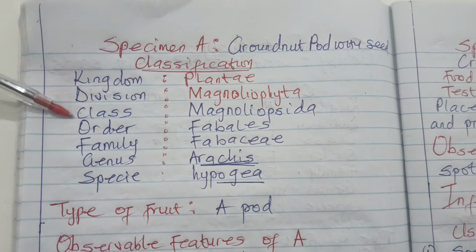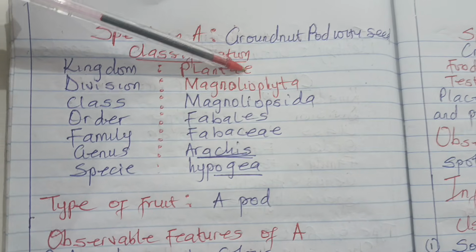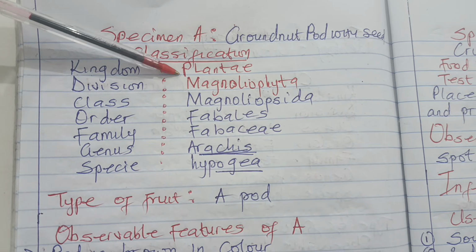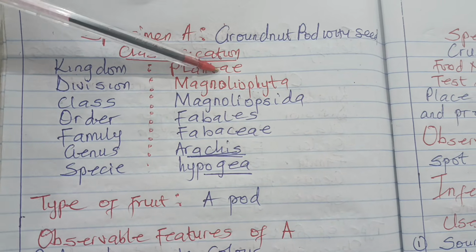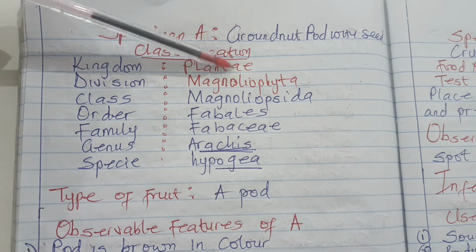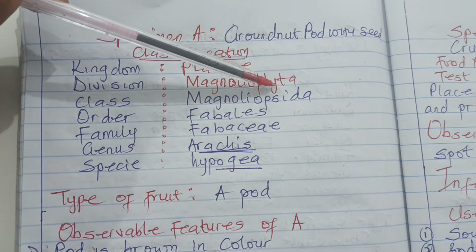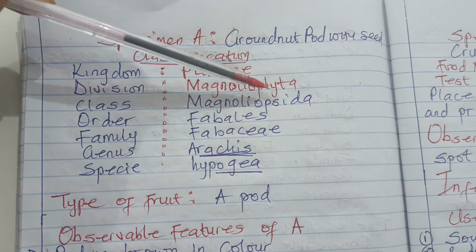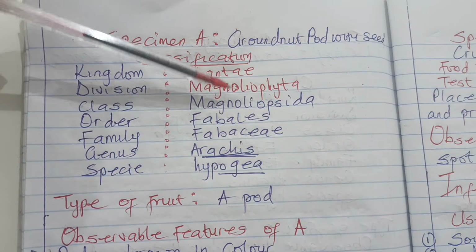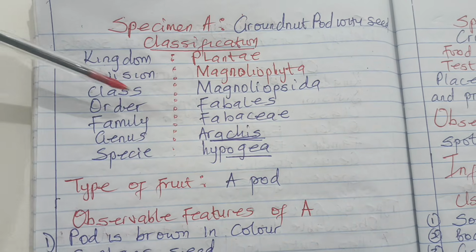So if you're asked to classify groundnut, you begin with the kingdom Plantae. Remember, I always tell you, don't write plants. You must put AE. Okay, that's how we classify Plantae. Then division we have Magnoliophyta. Please, that's so easy. Then we have class